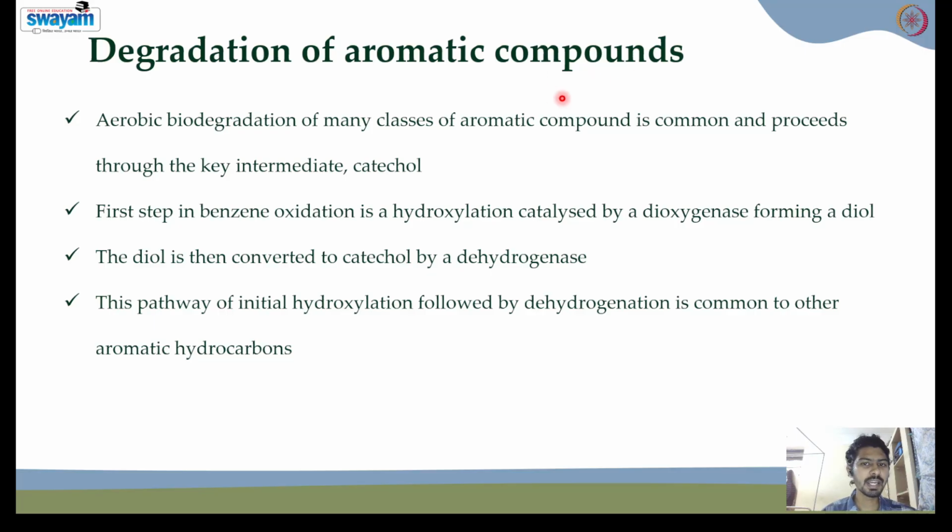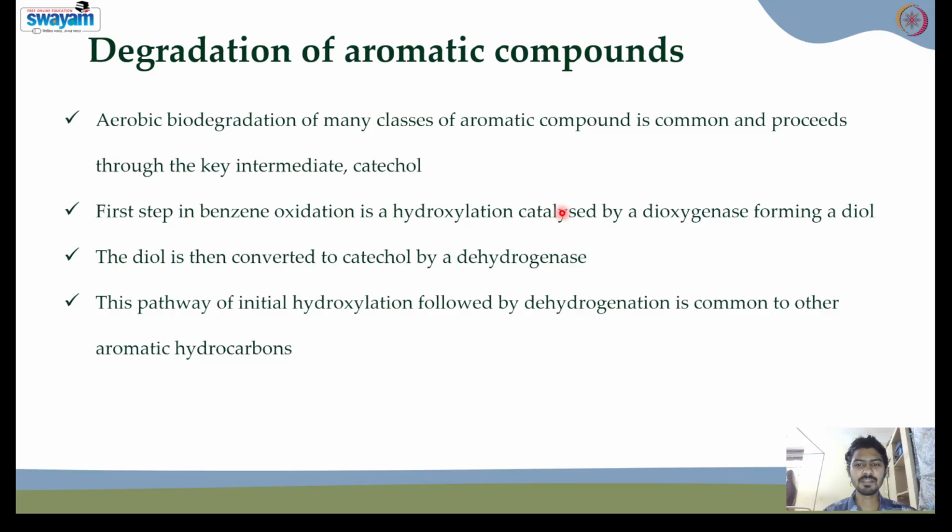So how does it degrade? First, aerobic biodegradation of this class of aromatic compounds is common. And what happens? The first step is to convert into a key intermediary product like catechol. And how is it converting them into catechol? We will take one such example, which is benzene. The benzene will undergo an oxidation reaction where